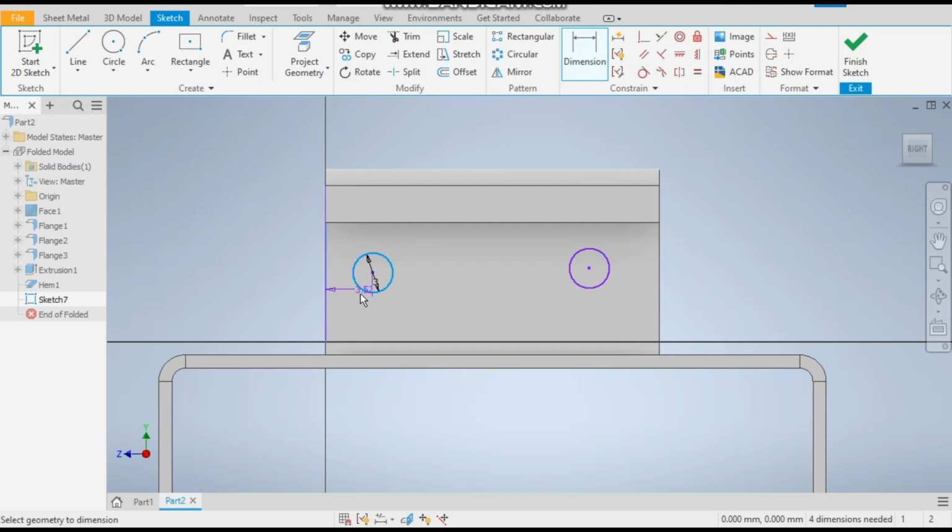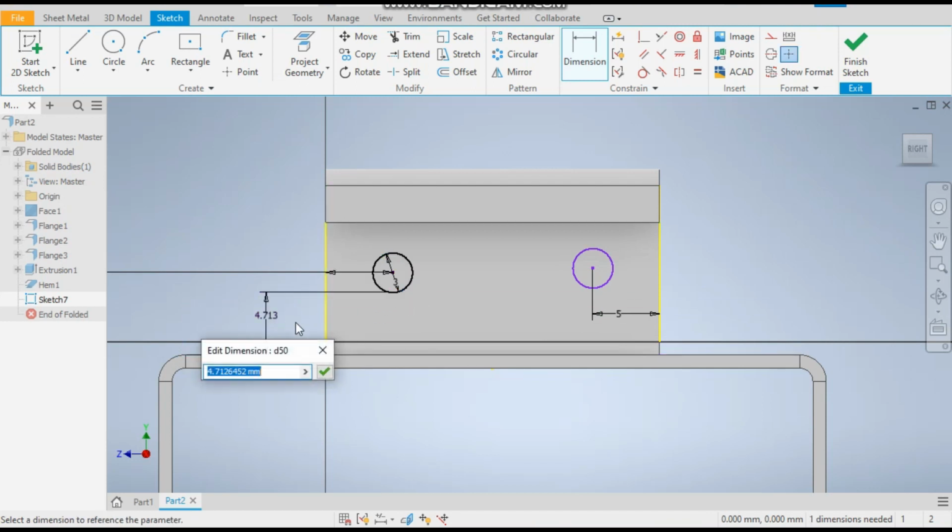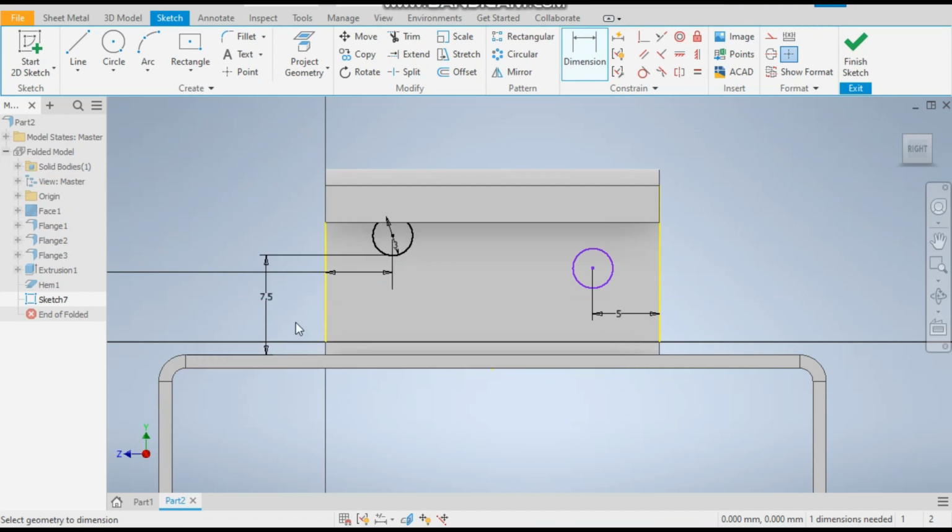For this I'll take a dimension of, I'll say 5 mm, and this as well 5 mm, and from bottom I'll take it 7.5. Okay, it will be more, so 5 mm,